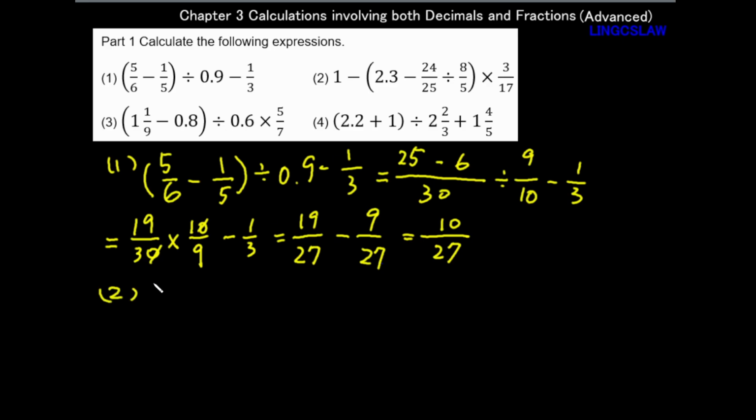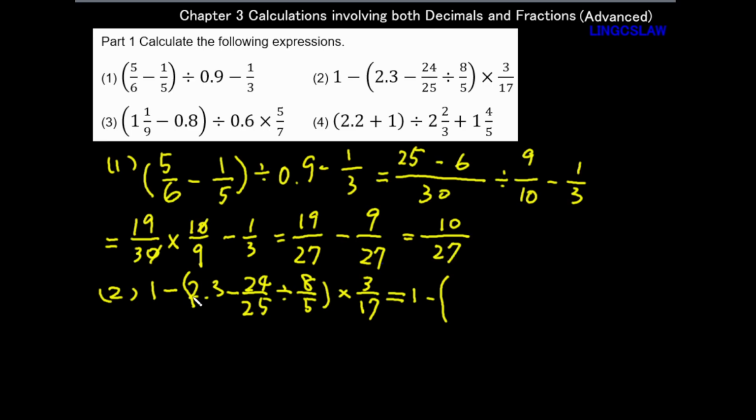Number 2. 1 minus (2.3 minus 24 over 25 divided by 8 over 5) times 3 over 17, right? So what we have to do first is the parentheses, and in this part I have to do this division first. So let's do it. 1 minus, and the rest is left as it is, so 2.3 minus 24 over 25 divided by 8 over 5